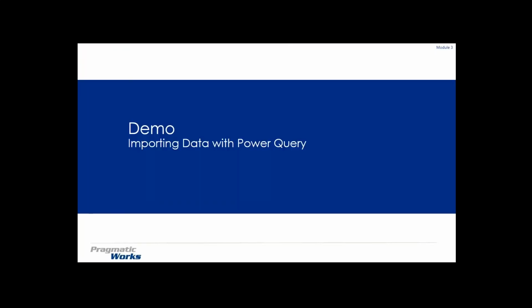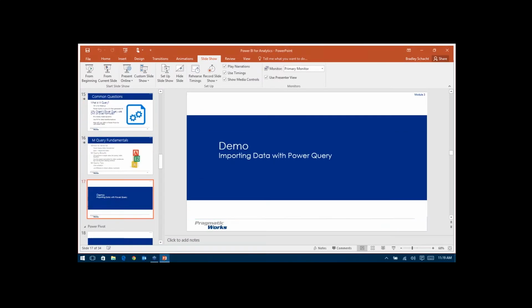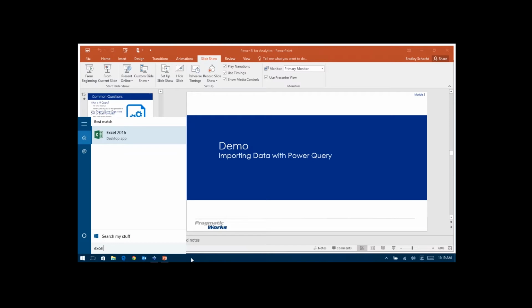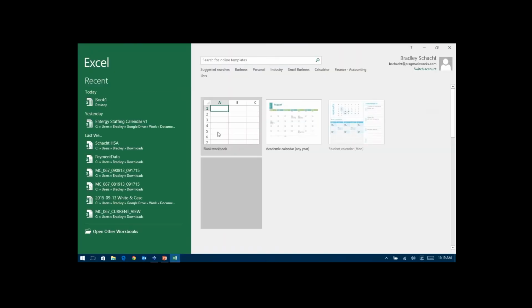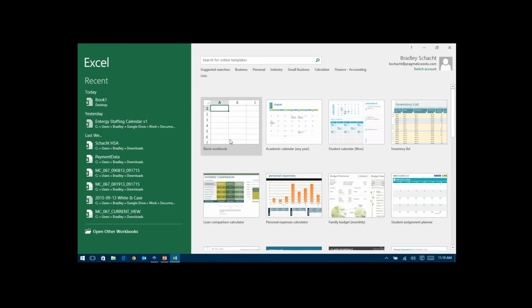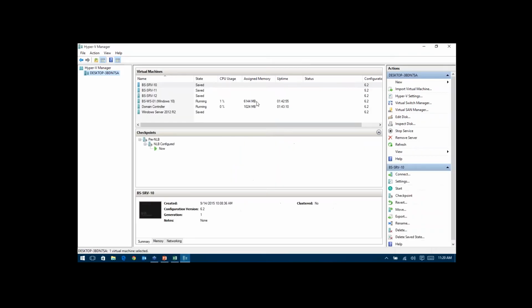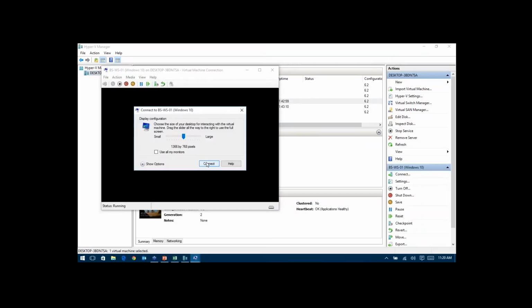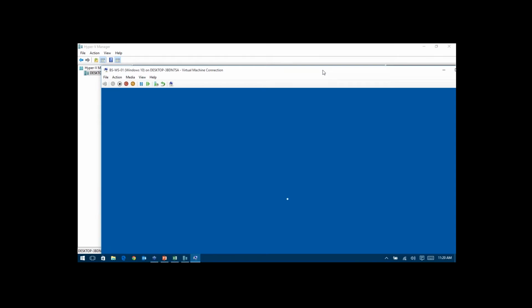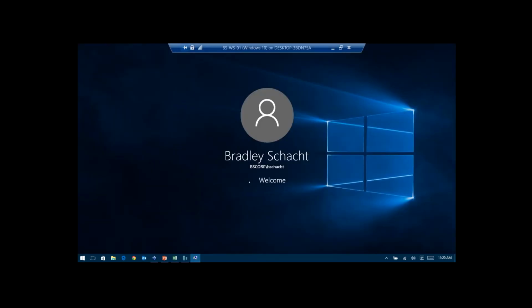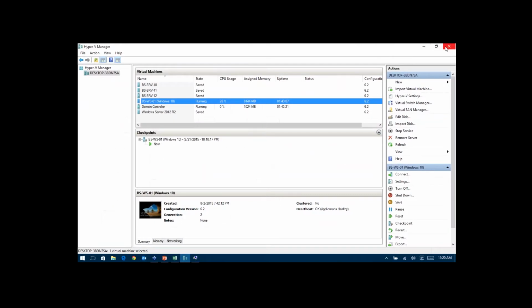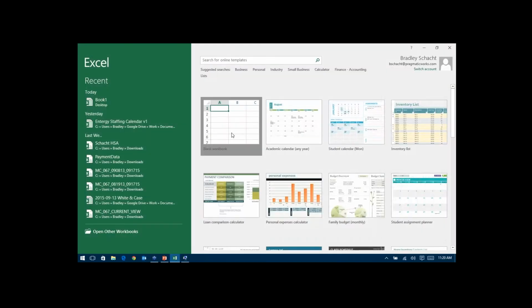Okay, so let's actually hop into the tool here. I mentioned to Liz as we were getting started that I'm going to probably do something that I couldn't do and try to do this all in 2016. This is a little bit different between Excel 2016, Excel 2013, and 2010. Let me actually pull up, I do have a Hyper-V image running here that has the other version of Excel on it. So I'll pull that up just to show you guys a couple of the differences between the two as we're going through here. Okay, so I'm going to create a new workbook.